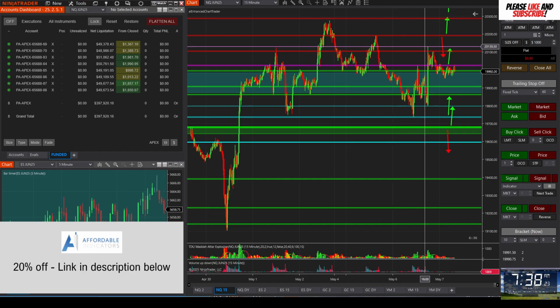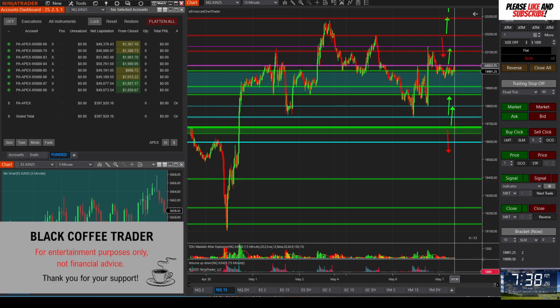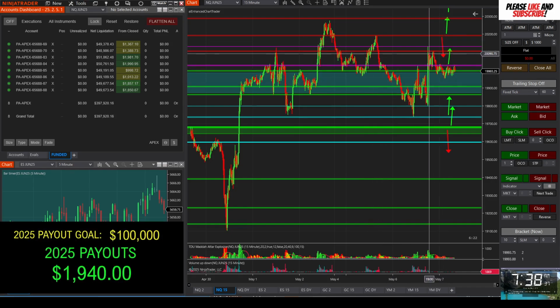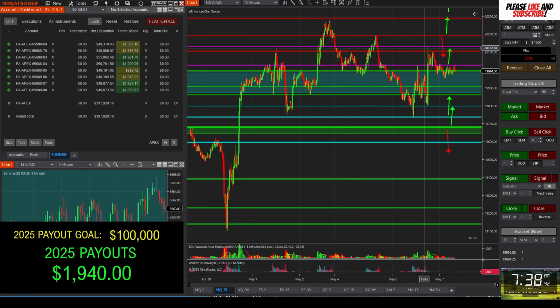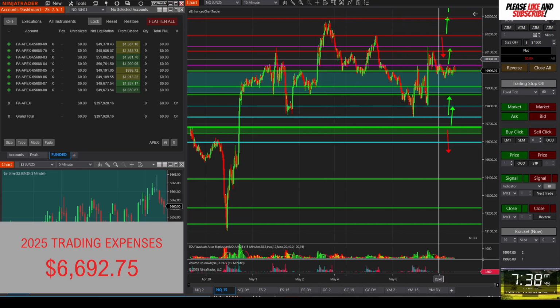But in a sense, we've created a little bit of a bull flag. I'm looking for longs if they set up. I'm also looking for potential fades off this high area around the 20,190s. We've had a lower high here, and it's overnight. This is still an overnight move, but we're kind of on a downtrend here. So you could almost take a look at this and say, well, this is one big bull flag.